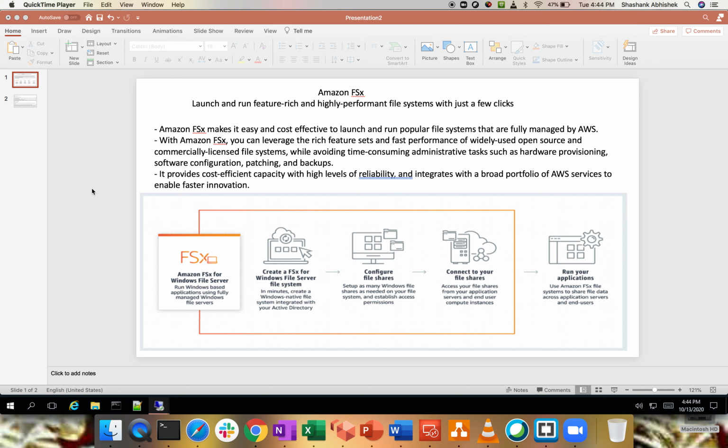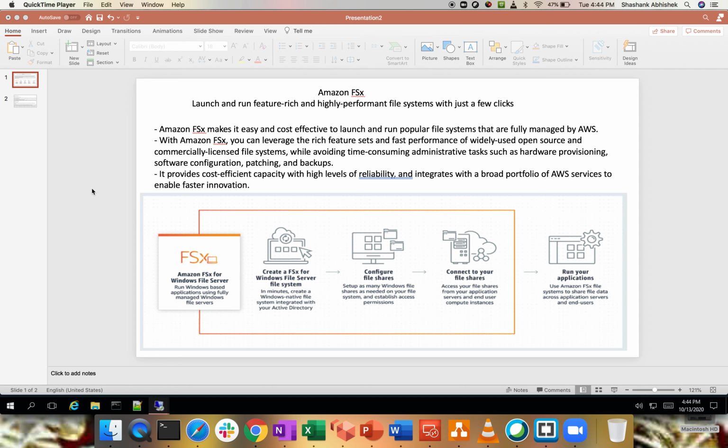I have done a demo on EFS, which is Elastic File System, which basically runs the load of your Linux-based systems, and you cannot use EFS with the Windows flavor. So on that front with the file system, Amazon came with this concept on the Windows side as well, which they called FSx.